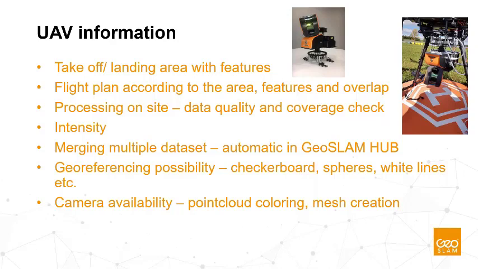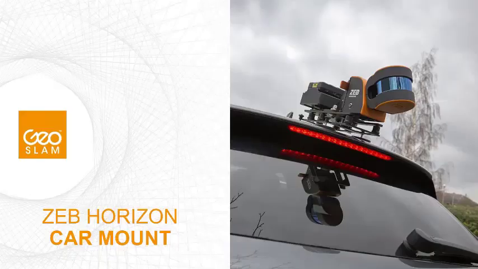You can also add a camera to the ZEP Horizon, and that camera helps you to colorize the point cloud. So this is for some applications also quite interesting. But maybe I forgot to say that even without a camera, the ZEP Horizon is capable of extracting the so-called intensity value. So this intensity helps you already to distinguish between some materials. So it helps to identify many features and many subjects on the ground.